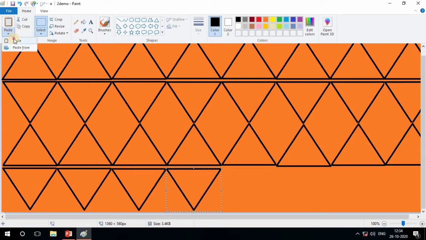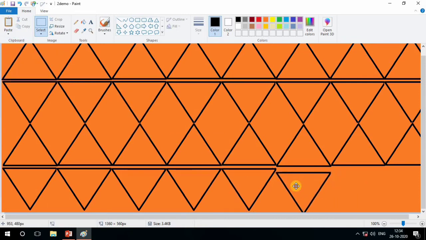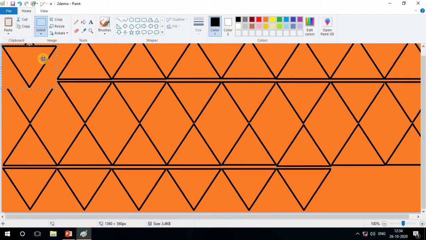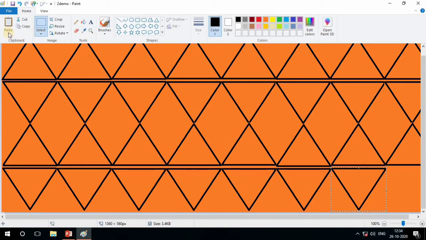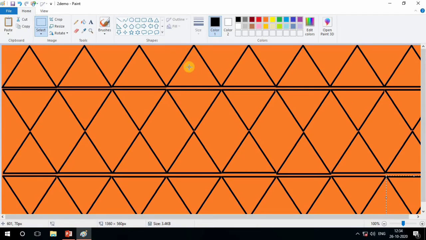Understand? We are just selecting the shapes, copy and paste, and using this rotation we are drawing some patterns in the picture. Okay, now see how it looks. Interesting, na?